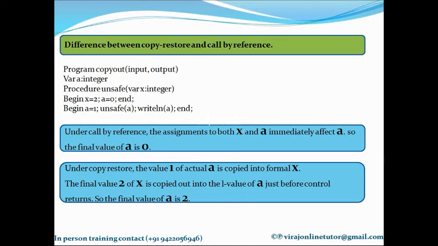In call by value, we just pass the R value from the actual parameter to the formal parameter. That is, we just pass its value. So whatever changes we do inside the function definition are not reflected at the calling point. I repeat, whatever processing we do for the formal parameters is not reflected at the calling point.